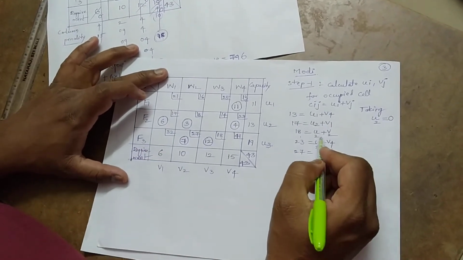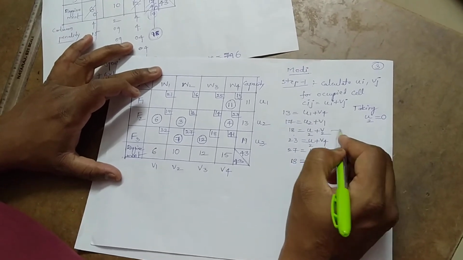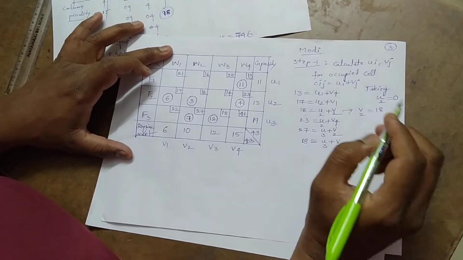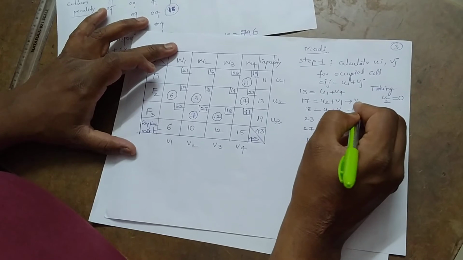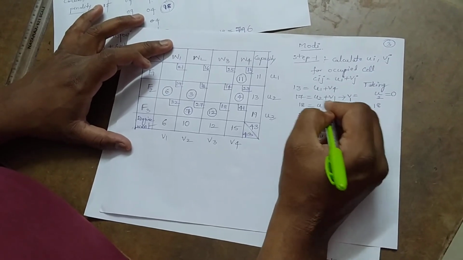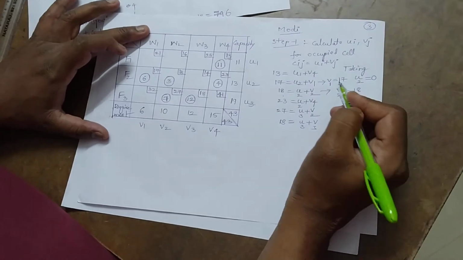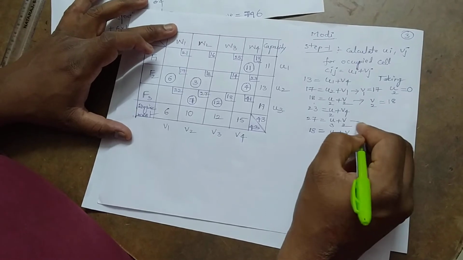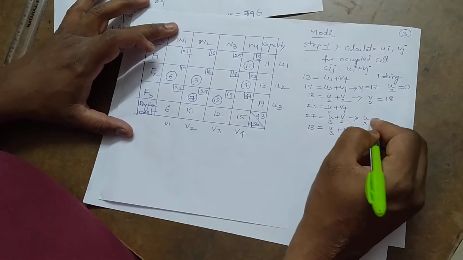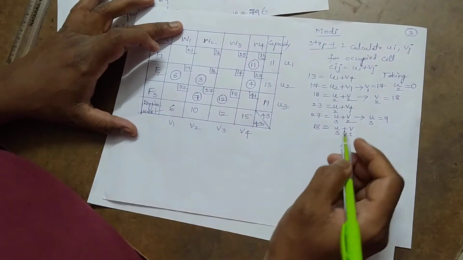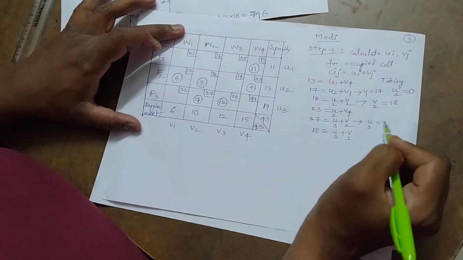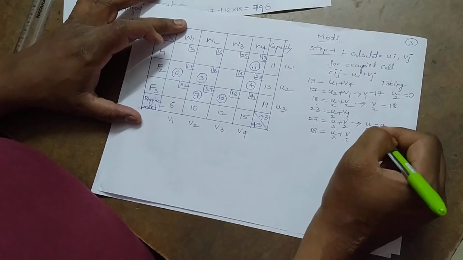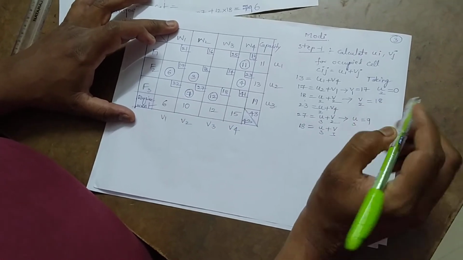Wherever u2 is there, accordingly, when u2 is equal to 0, v2 is equal to 18. Wherever u2 is there, with u2 equal to 0, v1 is equal to 17. So v1, v2 we got. Now when v2 is equal to 18, u3 is equal to 9. And we have to check for u1. Where is u1? u1 is there, v4 we got, don't know. Now let us see another equation, v3. We got v1, v2, u2, u3.